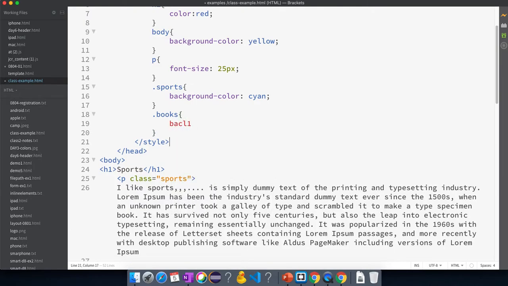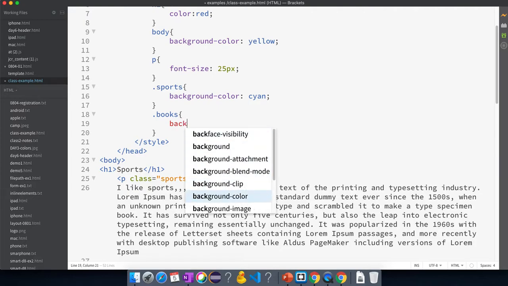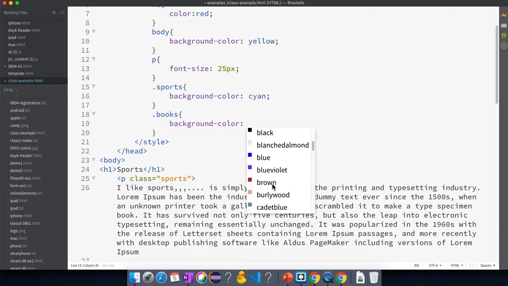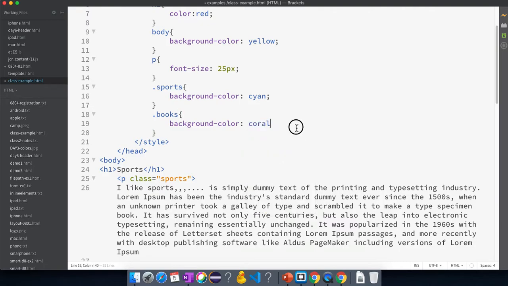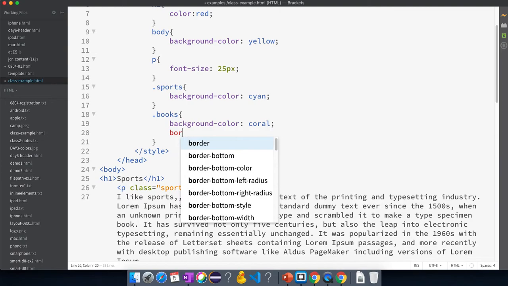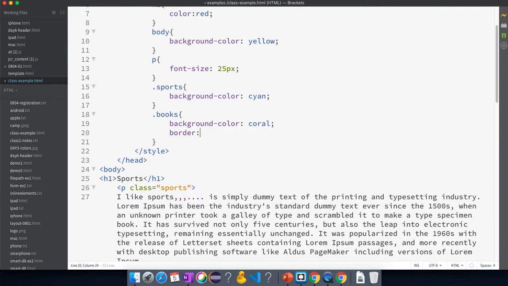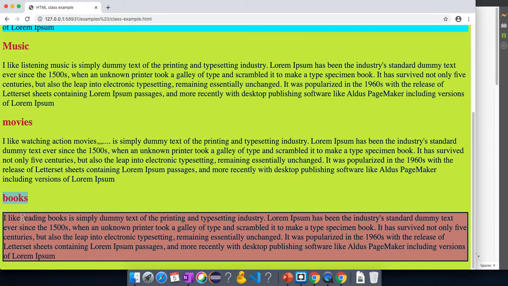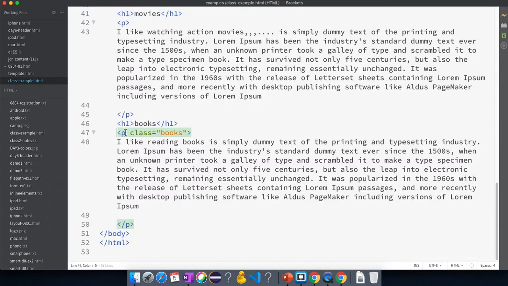Background color, you can choose from here. I'm using coral. Also I want to give some border, 3 pixels solid black.